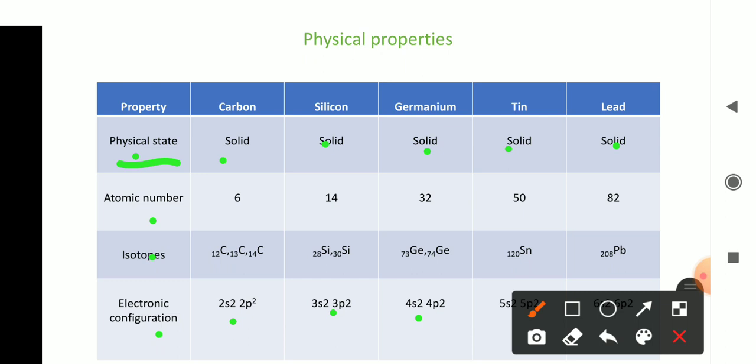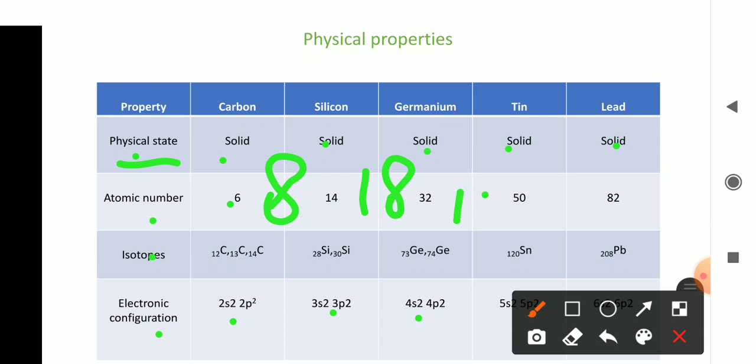What is atomic number of carbon? It is 6. And in the previous videos itself I have told you how to remember the atomic numbers. If you know the atomic number of first element, you can write down the atomic numbers of the successive elements. How? With this 6, if you add 8, what will be the answer? 14 is the answer. That is the atomic number of the successive element, that is silicon. Then with this 14 we have to add 18. When we add 18, what is the answer? 14 plus 18, that is equal to 32. That is atomic number of germanium.